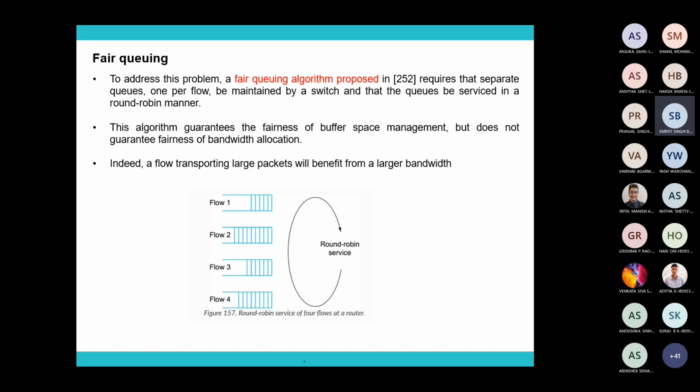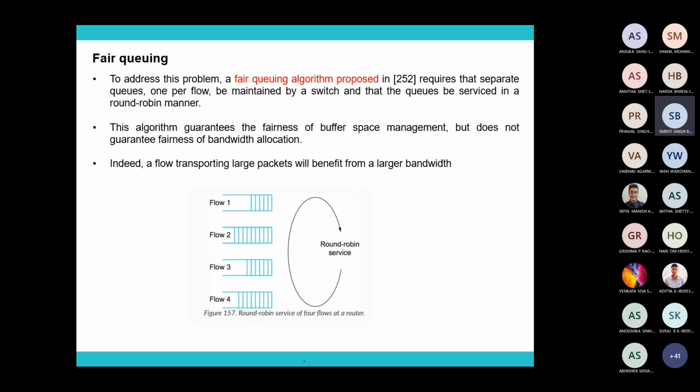It is just like, let's say on a road, we are normal passengers, and we are considered as a separate queue. When some MLAs come, then we have to wait until the MLA passes on that track. Now the problem is that one day all the MLAs are traveling on that same path. Then we are stuck in that particular place itself, right? So that is the problem with priority.